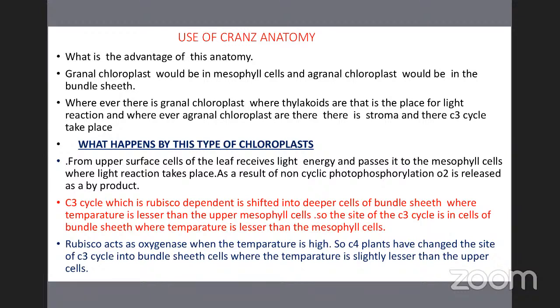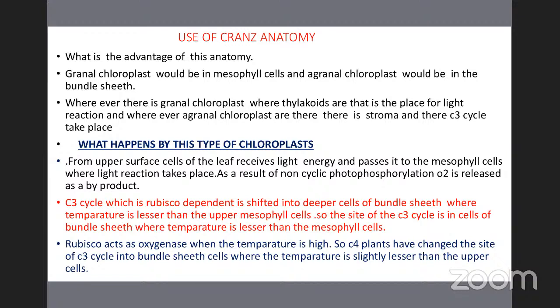It means released electrons travel through various electron acceptors and finally reach pigment system 1, but never come back to the same pigment system 2. While electrons travel from different electron acceptors to photosystem 1, they synthesize ATP